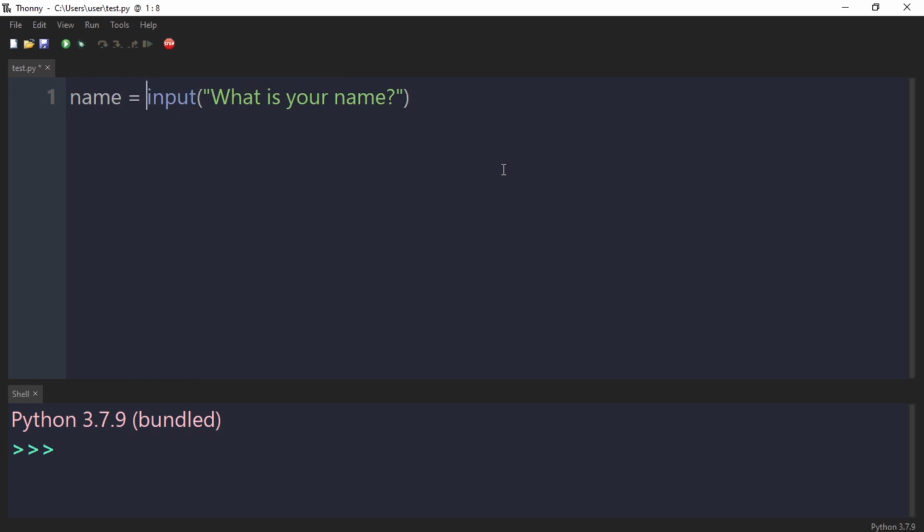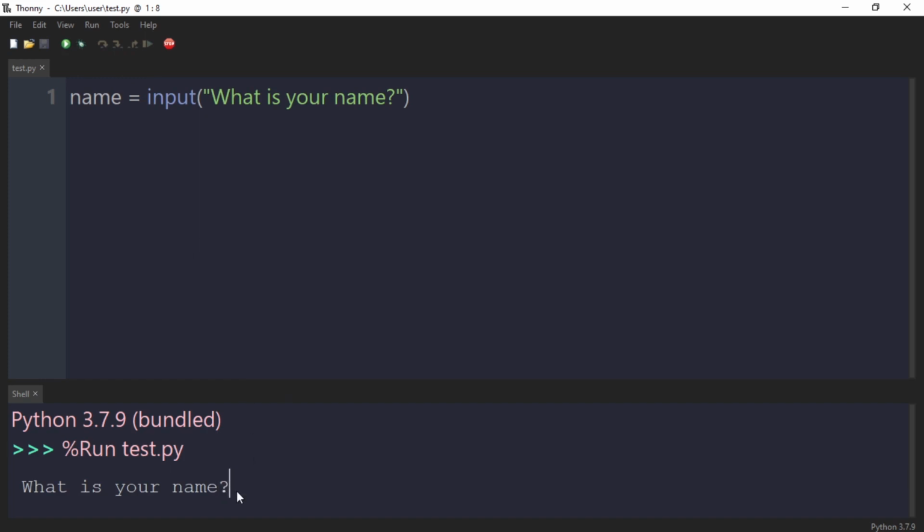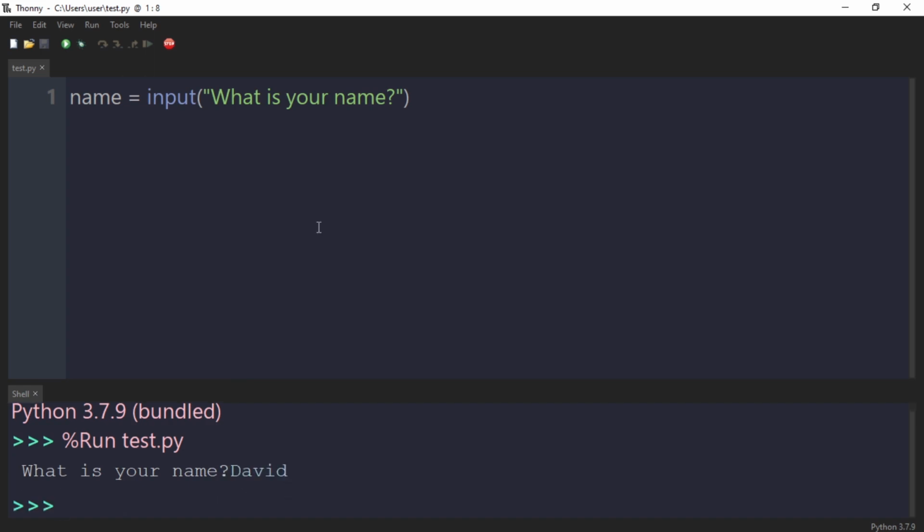So now when you run this line of code, it asks you down here in the console, what is your name? And my name is David. Let me just type in David, and yeah, that is just it. To get Python to print the input, all you need to do is say print name,